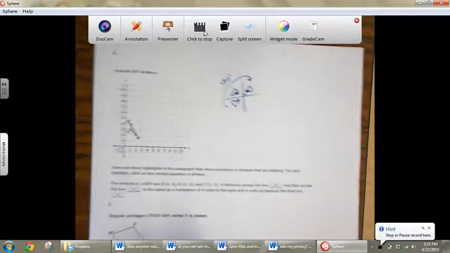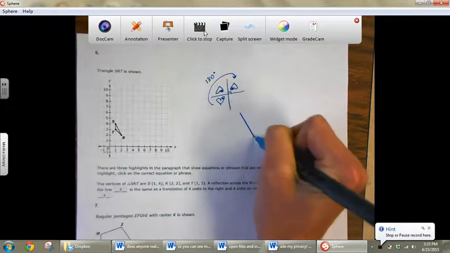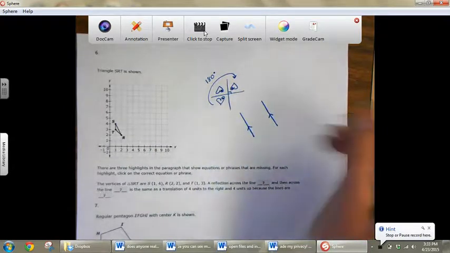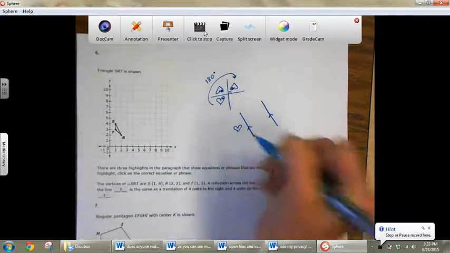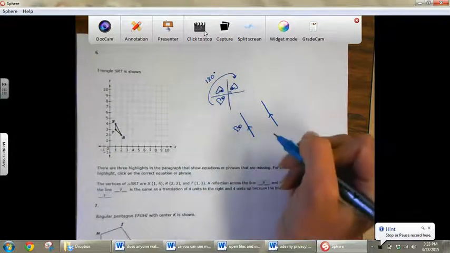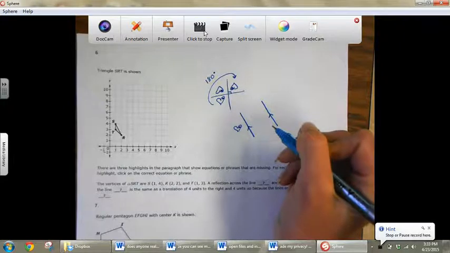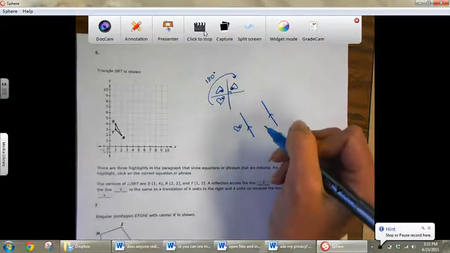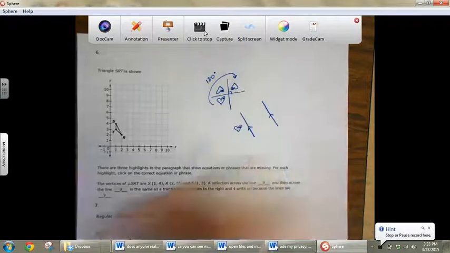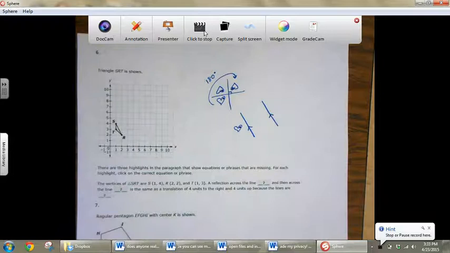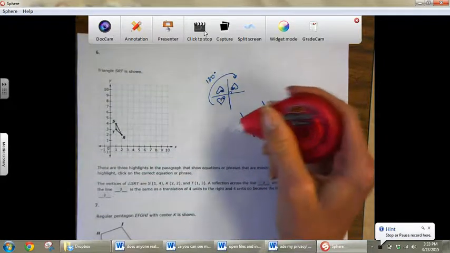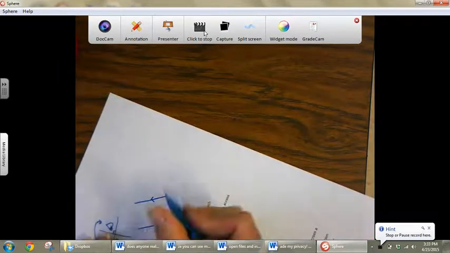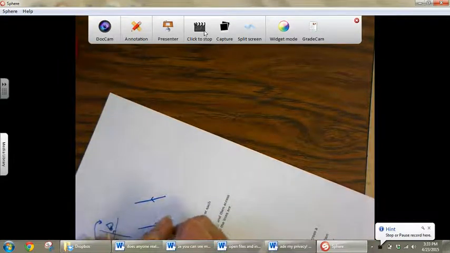Now, if we were to do a double reflection across parallel lines, let's say we started with a heart here. I'll put the little dot there. So if we reflect it, now this honestly is kind of really hard for me to imagine reflecting this. I think I probably should have drawn it so that the heart was going a different way. Okay, let's go ahead and do that. Alright, so I'm going to draw the heart so it's like this, because I'll be able to reflect it more easily